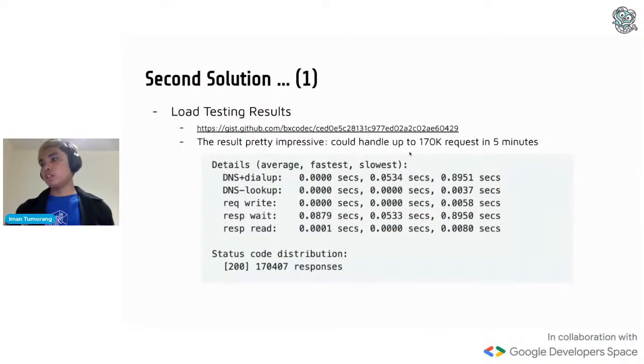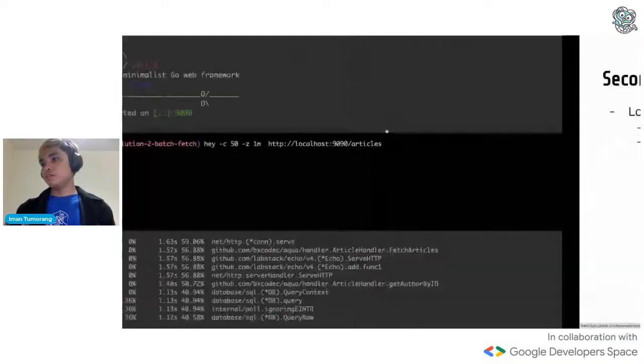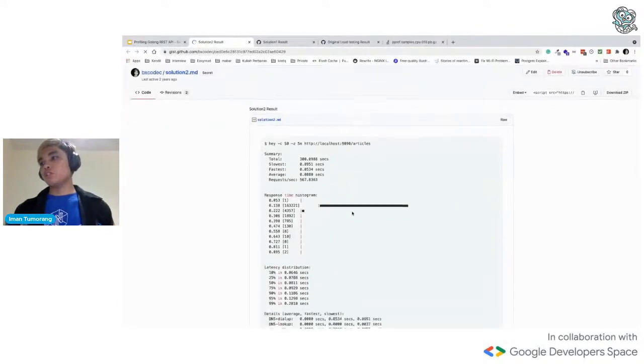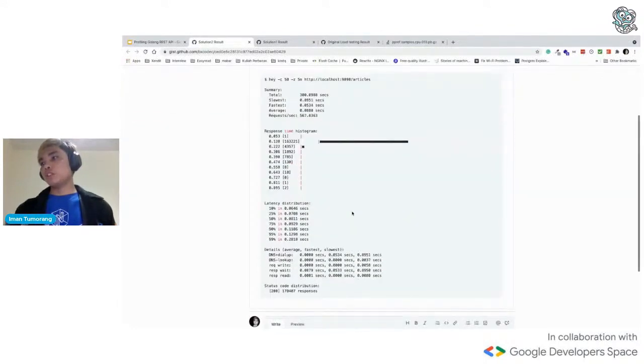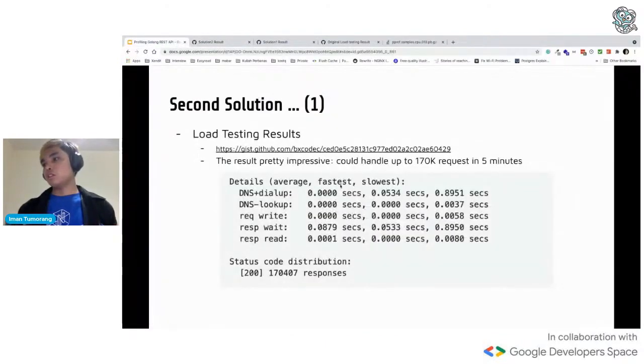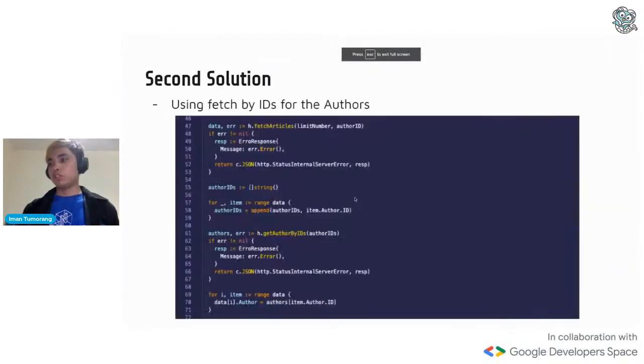I will show the result I have done. What I've done previously using the new solution is really faster. It's 10 times faster than the goroutine version. It's 500 FPS, and it handles 107 request responses, and that's really a fast solution compared to the previous one.